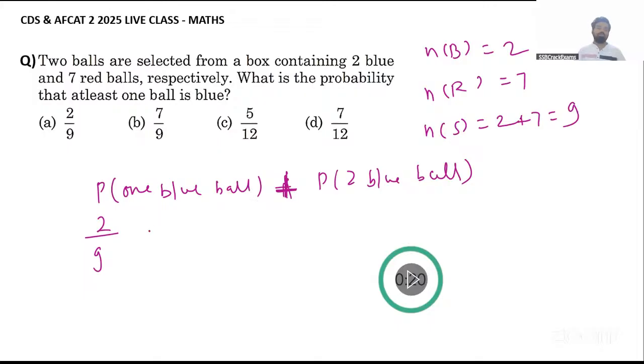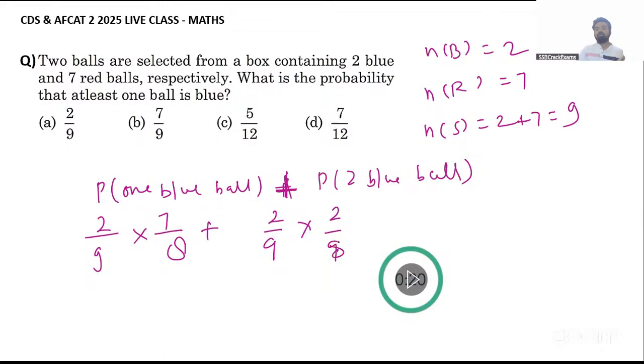So 2 blue balls, it is 2 upon 9. If a blue ball is there, then one blue ball is there out of 9, then the second ball can come red. So it is 7 upon, one ball has already come, so it will be 7 upon 8. In the second situation, the first ball should also be blue and the second ball should also be